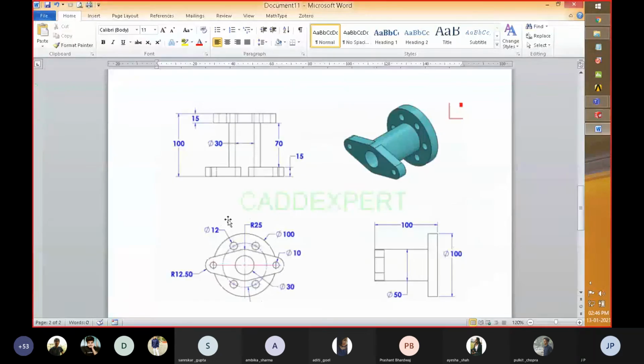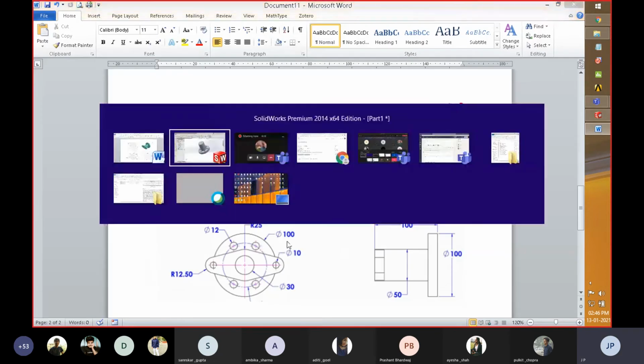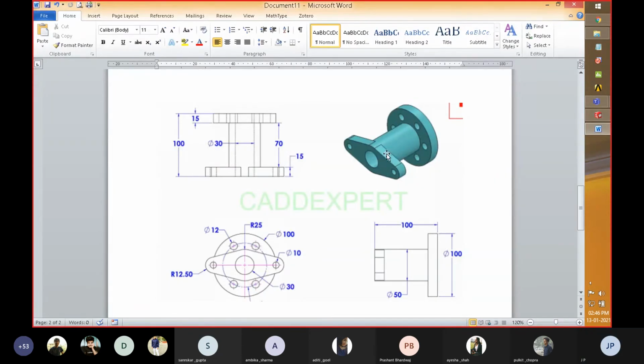The last part which is left over here is this extended part. What we have to do is create circles of multiple dimensions. For that purpose, we have to create two circles, which are to be 10 millimeter and 12.5 millimeter radius, and the center point should be the end of this outer circle.